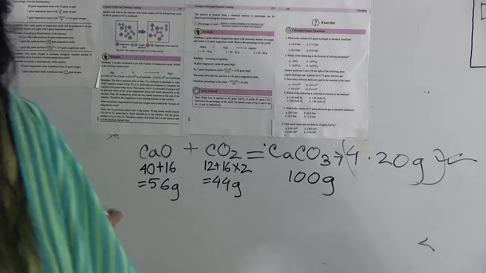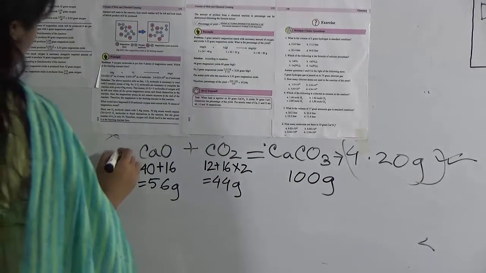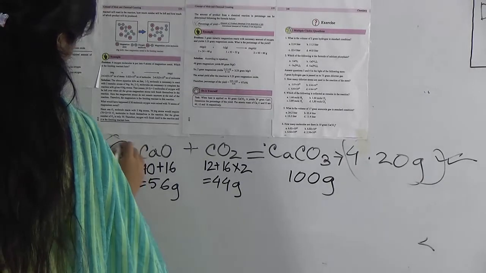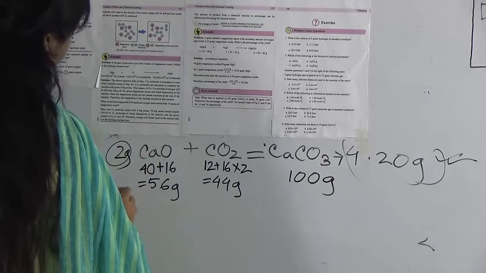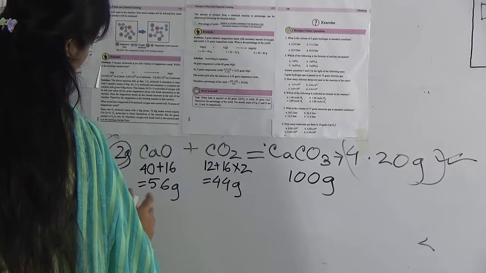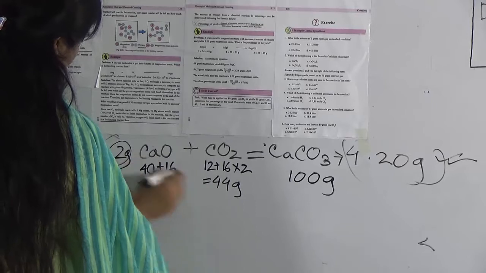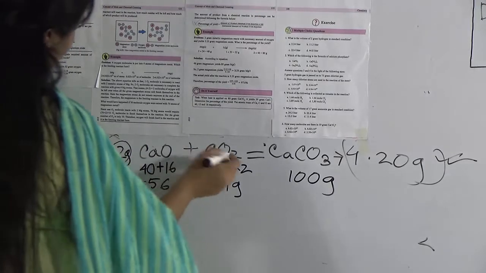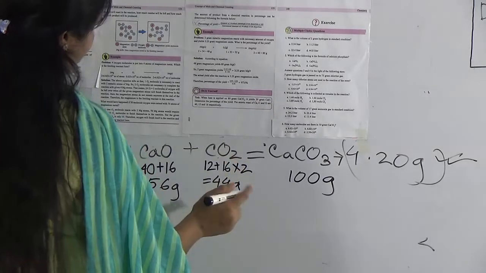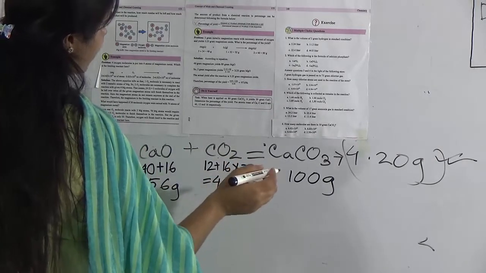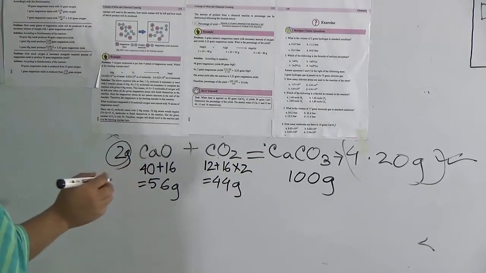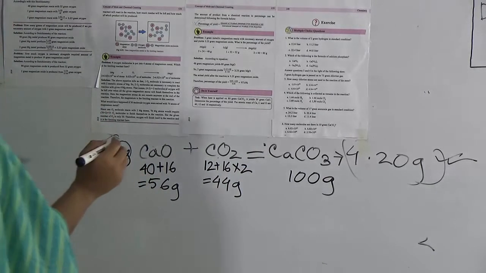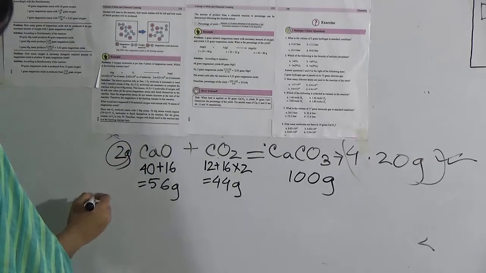And according to the question, if 2 gram of calcium oxide react with the required amount of carbon dioxide, produce 4.20 gram of calcium carbonate. What is the percentage of yield? For that,